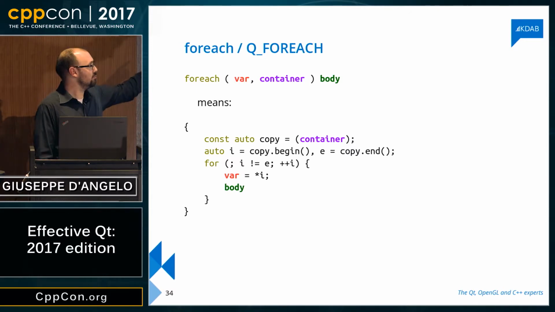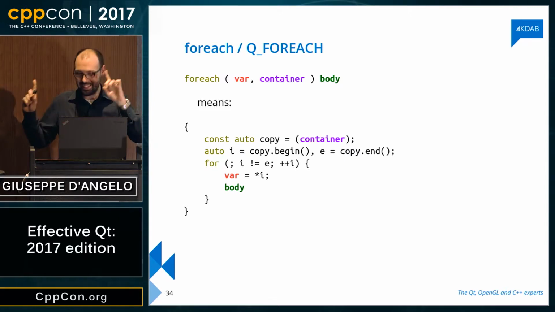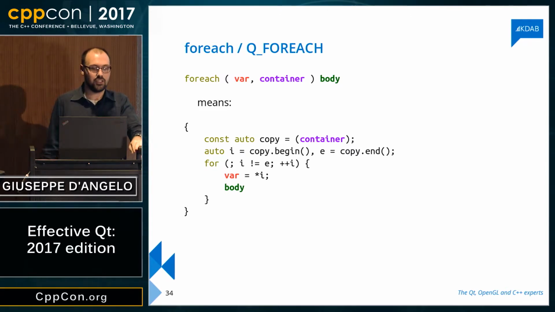By the way, first statement. There is no reference there. That's taking a full copy of the container. Yep. This copy is const, by the way. Then I'm going to basically open up a couple of iterators over that container, actually over the copy, and then I'm going to iterate over the copy. Do you see that? Yep, I take the copy, iterators over the copy, and perform the iteration, and call the body every step.